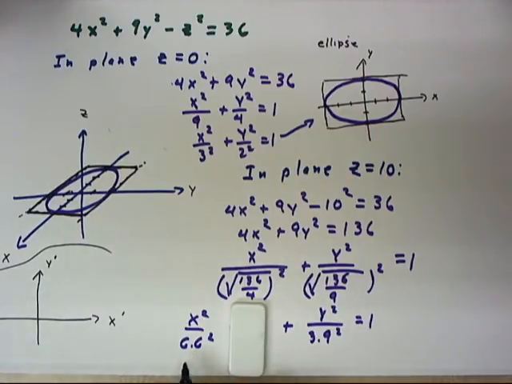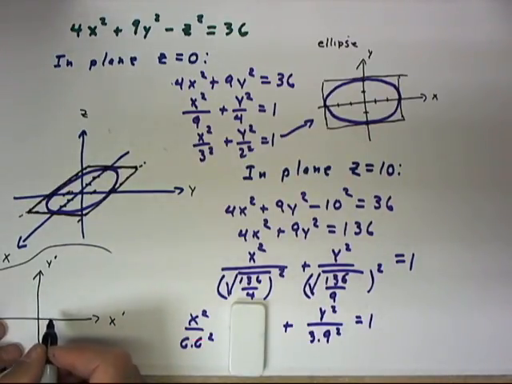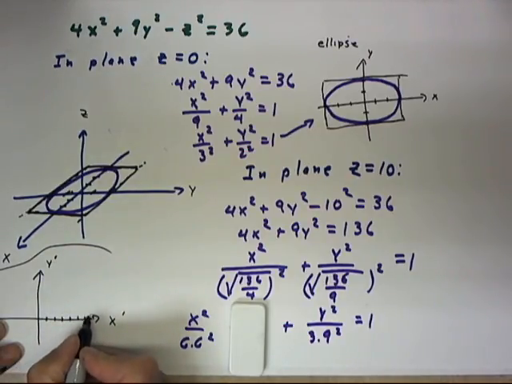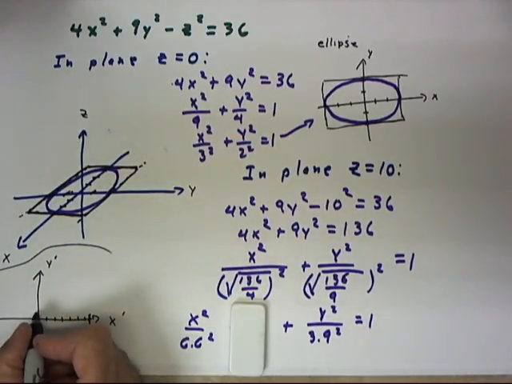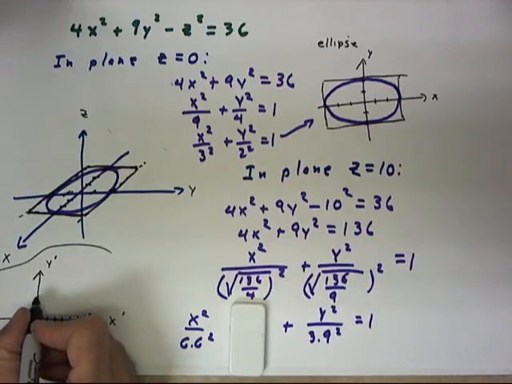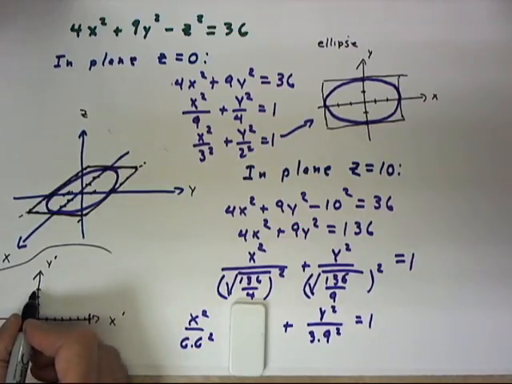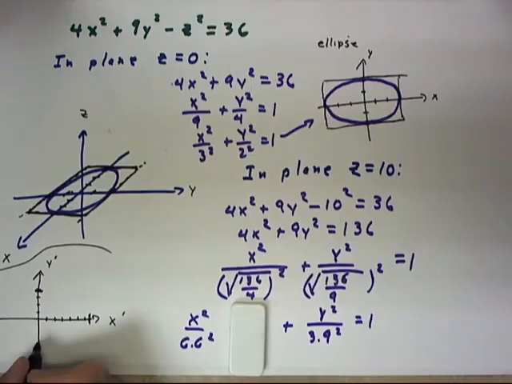Now, this means that we're going to have to come out 6.6 units about this far in the positive x direction and an equal distance in the negative x direction. In the y direction we come up 3.9, almost 4 units. So come up to about here and down an equal distance here,